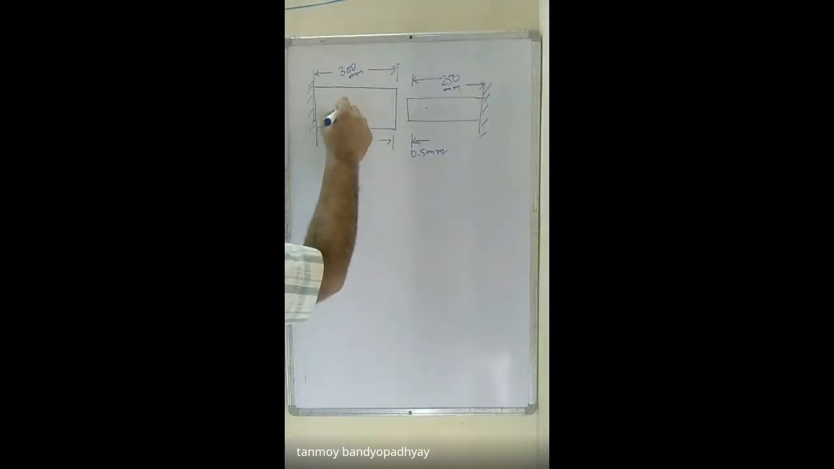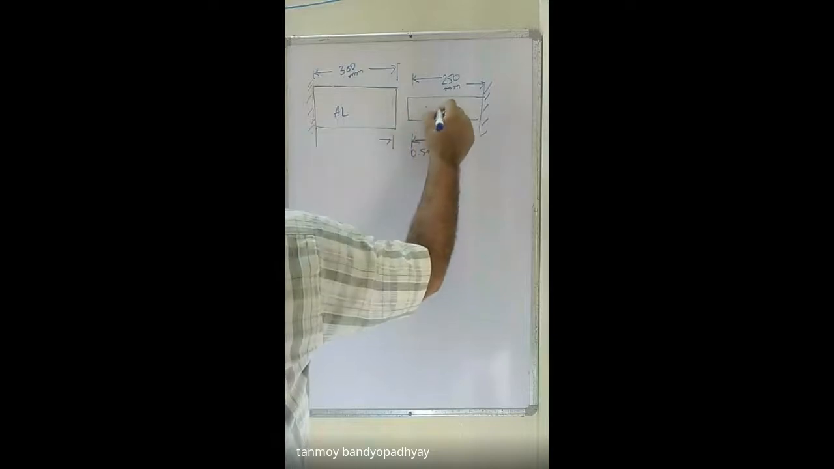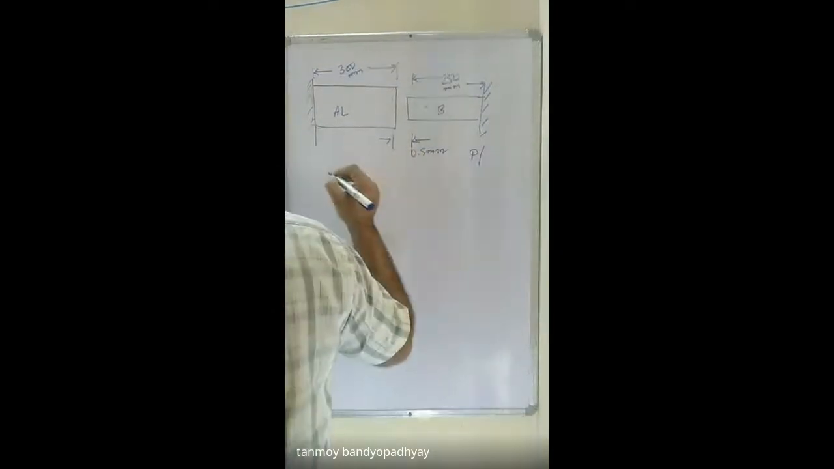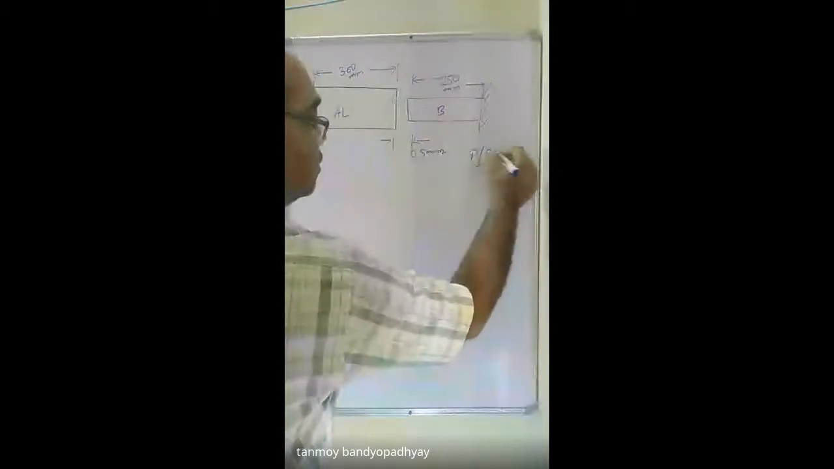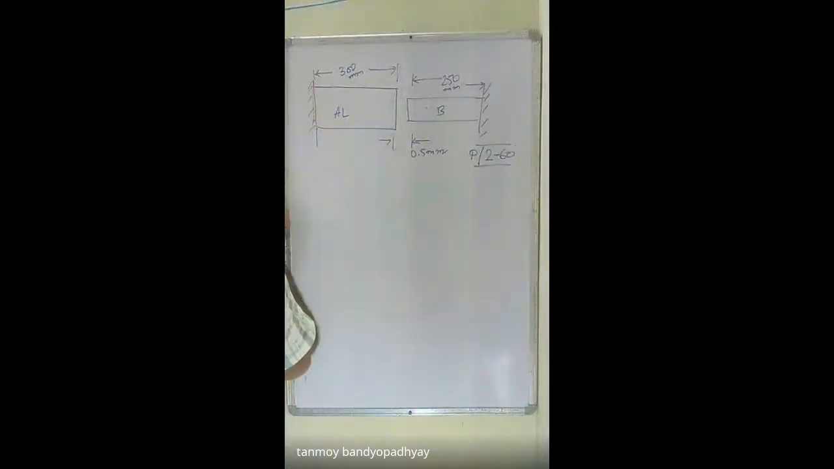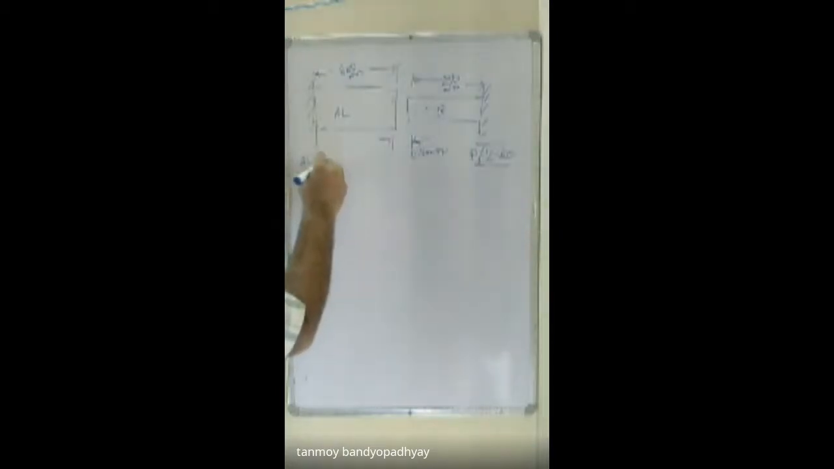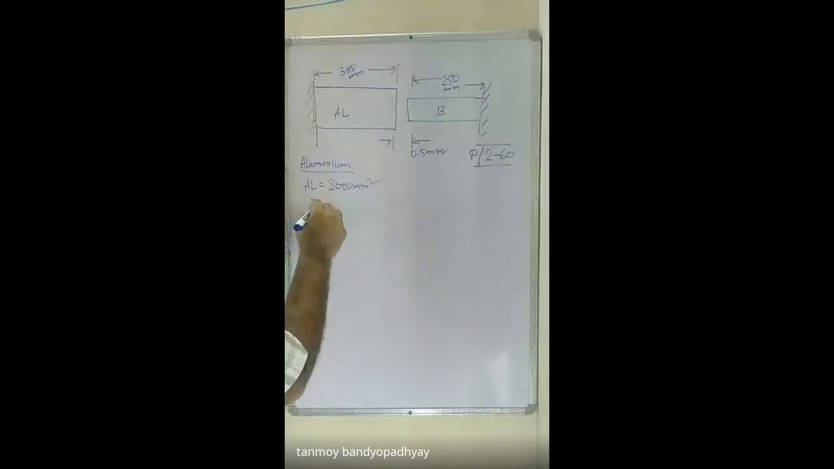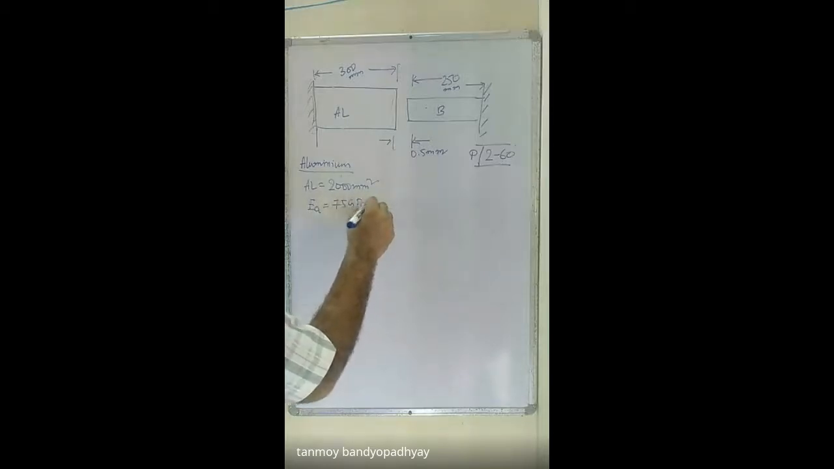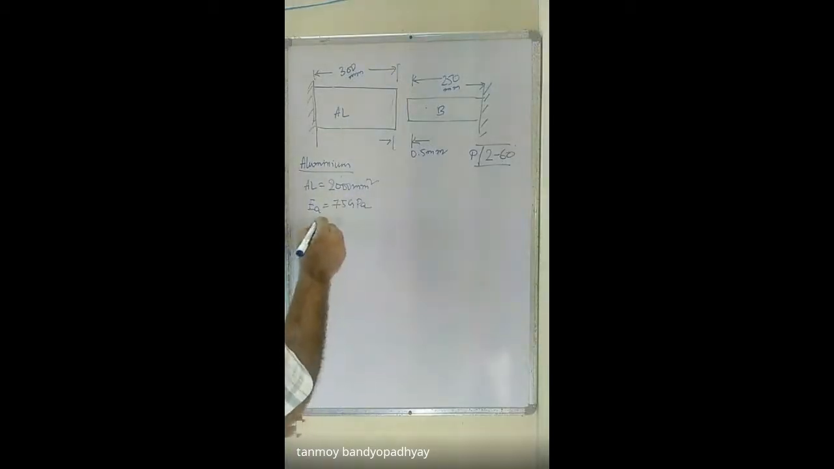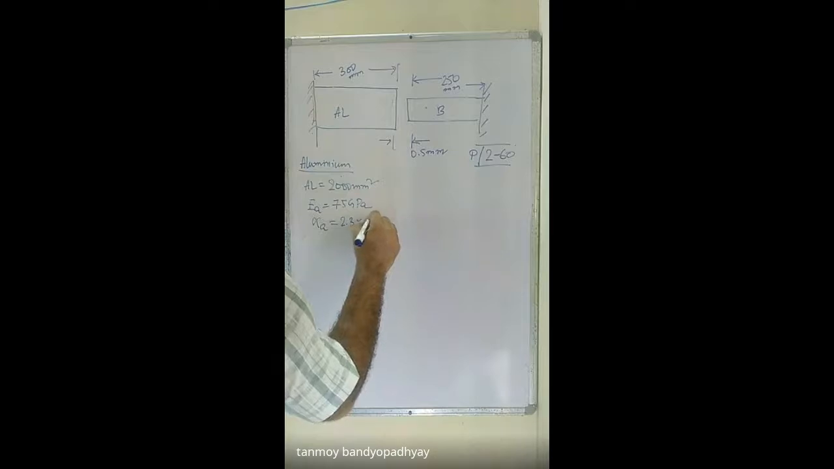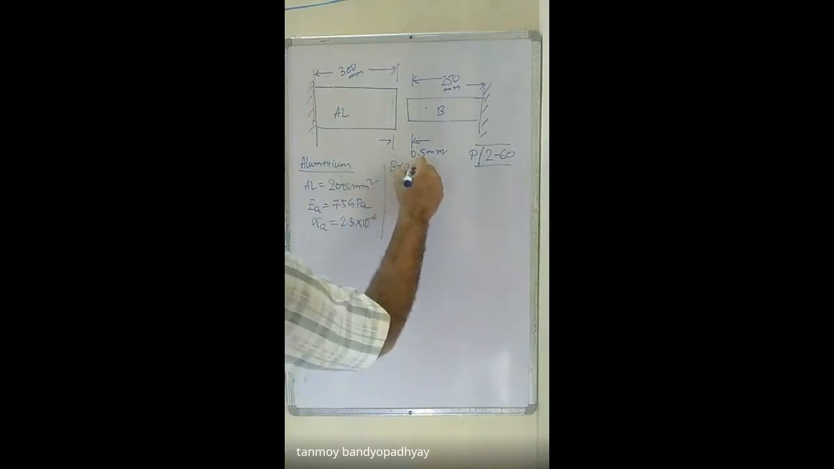So this side is aluminium, this side is brass. So the problem number is P260, edition 6. So for aluminium, (2000 mm²). And for brass